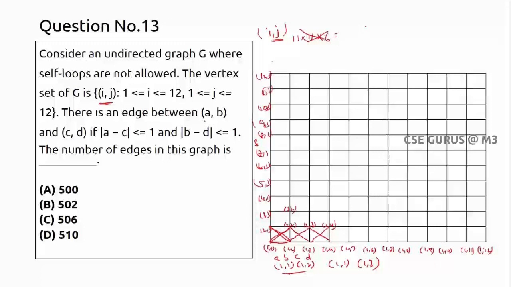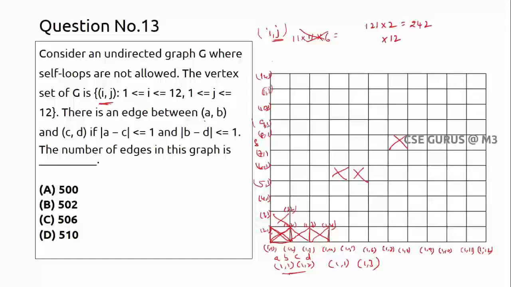So now first I'll take totally 121 into 2, which is 242. First I'll take this one. So there is no common things. If you take like this for each one, like this for everything, like this here, here like this, there is no common edge you will find. Now I'll take this one, this edge, this edge, this edge, like this I'll find 12 edges, right?